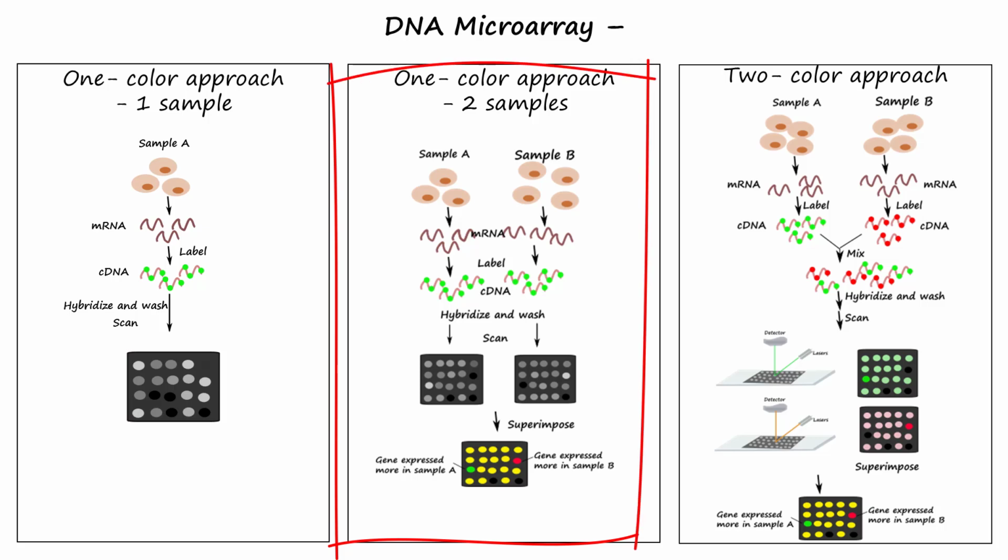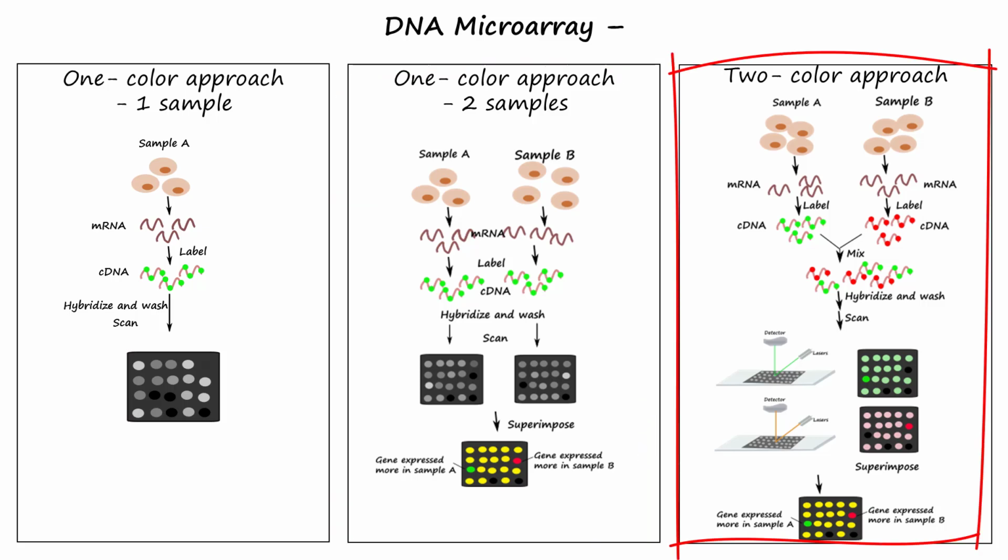To compare two samples, such as healthy and diseased tissue, separate arrays are hybridized with labeled nucleic acid from each sample, and the resulting expression profiles are computationally normalized and compared. In a two-color microarray,